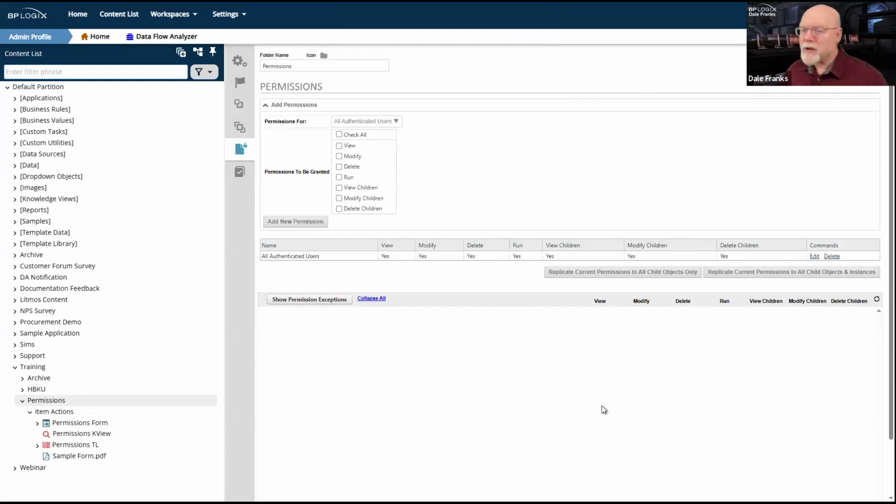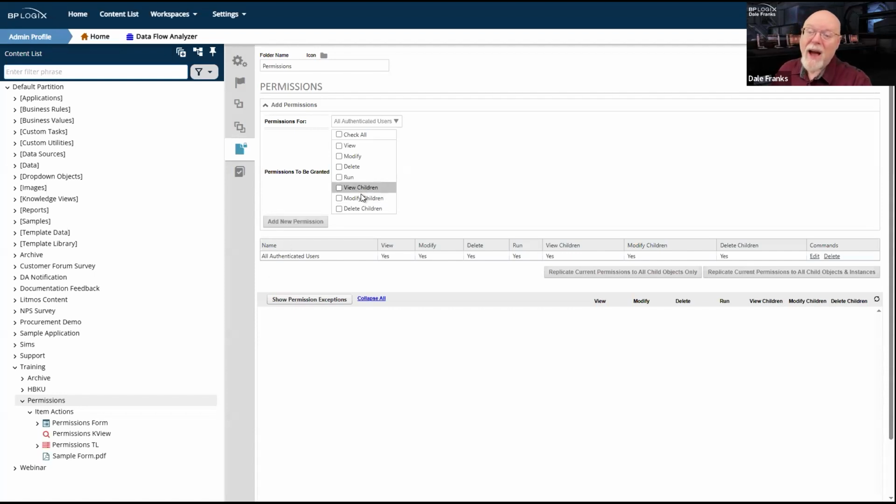If this is a production server, I probably care a whole lot, because when my production server is installed, these are the permissions that are going to be on my default, in this case, the folder that contains all of the objects in this partition, the default partition on the system. So because permissions are inherited, every time I create a new object on this system, these are the permissions it's going to inherit, which is basically to allow everyone to do all the things. We may not want that to be our normal permission set.